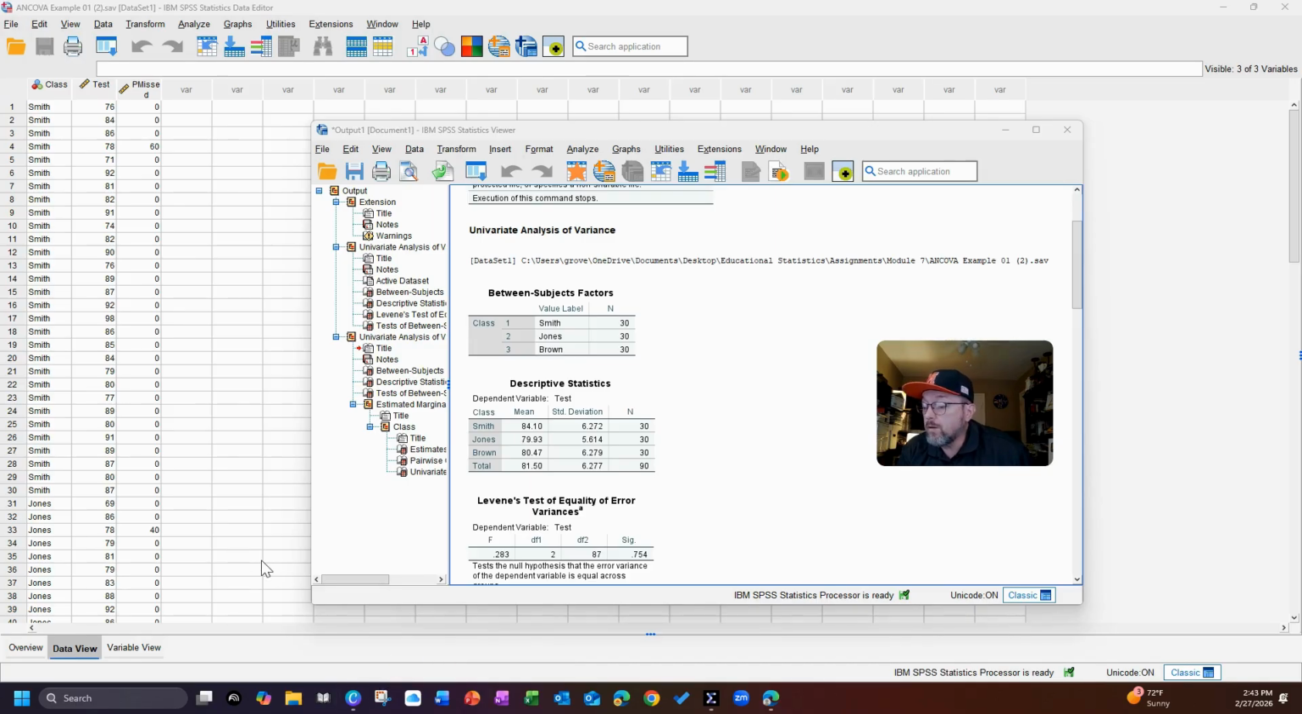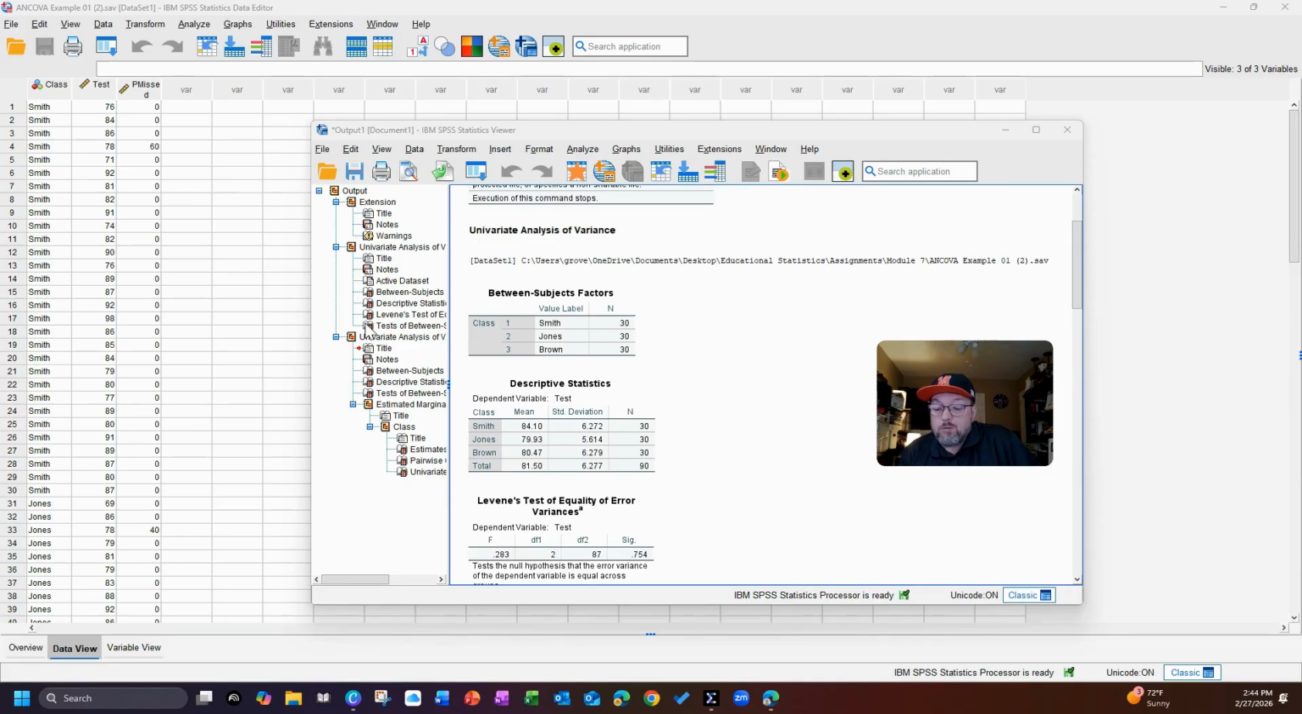The research question for this assignment is: is there a statistically significant difference in math test scores between classes after controlling for the number of periods they missed? The null hypothesis states that there is no significant difference in test scores between classes after controlling for periods missed. The alternative hypothesis states that there is a statistically significant difference in test scores between classes after controlling for periods